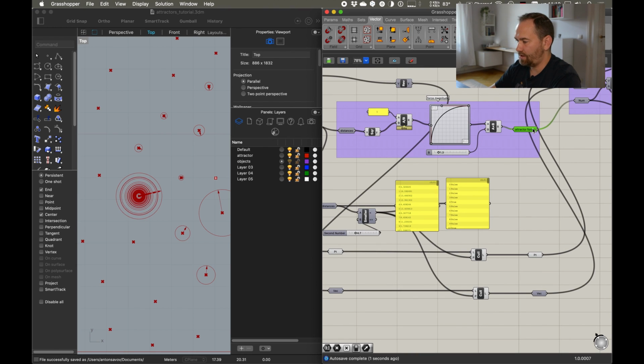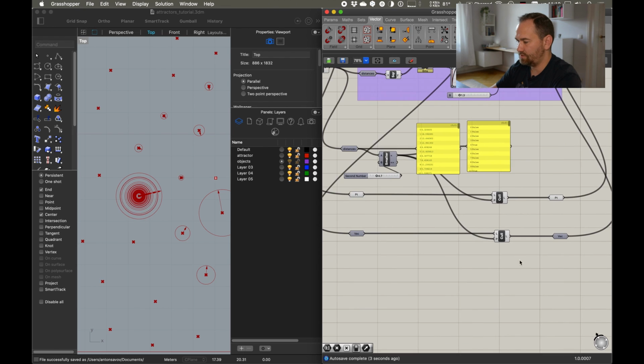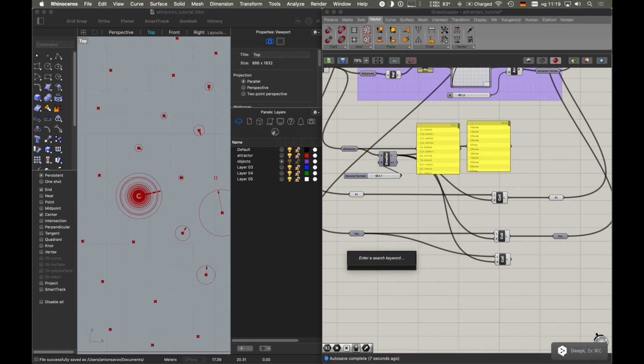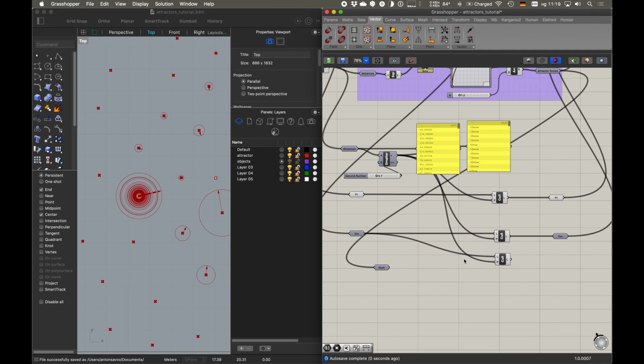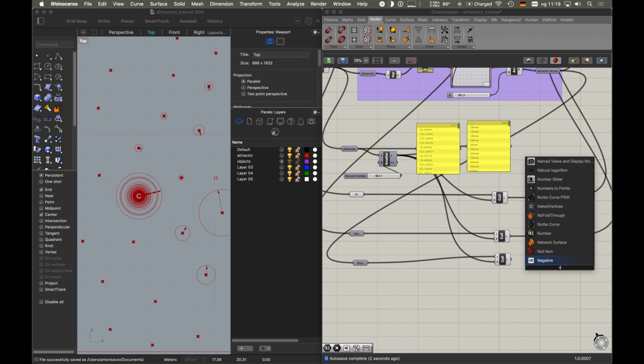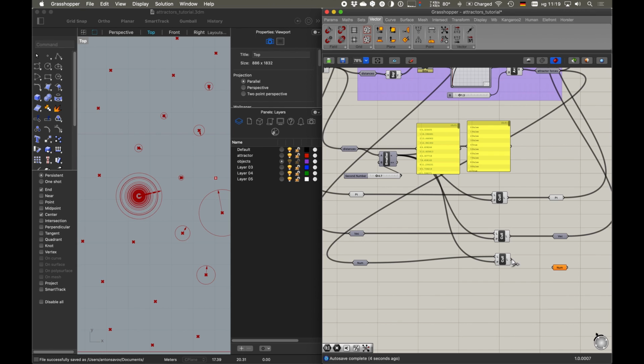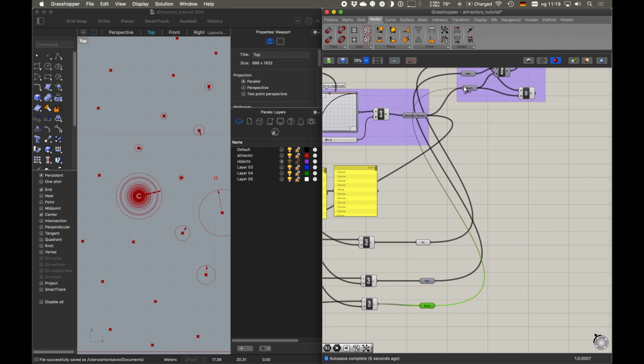And next we need to filter the attractor forces. Again, copy that. I will have another number component. That would be the attractor forces. This is the list we want to cull. And another number component. These are the resulting attractor forces. Instead of 100, they are 14, and that feeds us